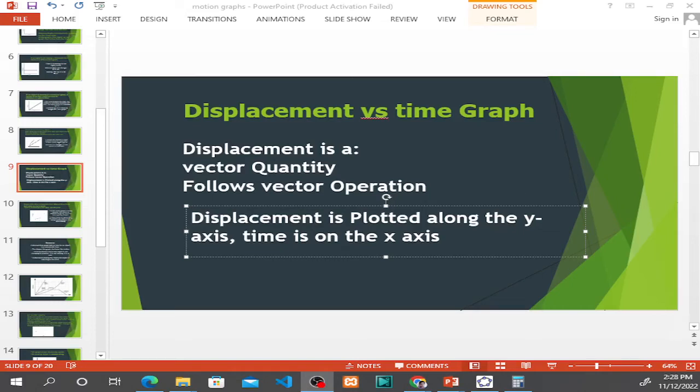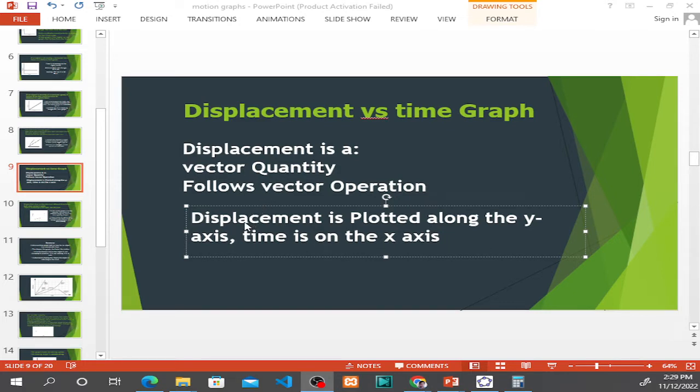And in the other video, I taught you how we can graph motion. So that is the distance versus time graph. Now we're going to explore the displacement versus time graph. But keep in mind that displacement is not the same as distance. Displacement is a vector quantity and it follows vector operations. So you may be shocked if there is a difference between the answers, but we are going to help you